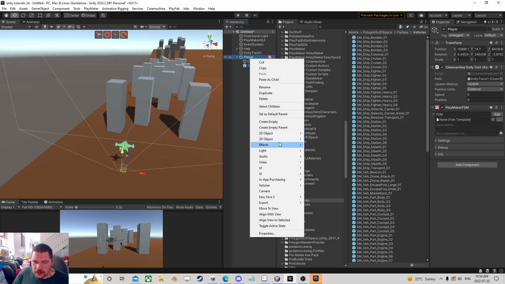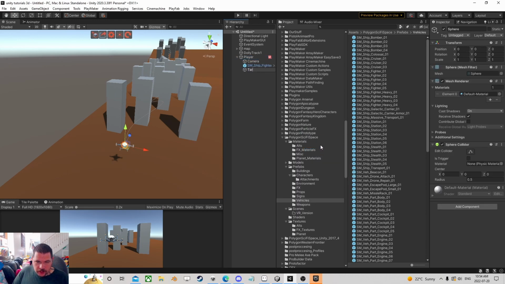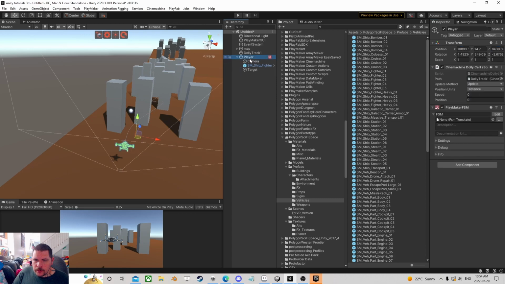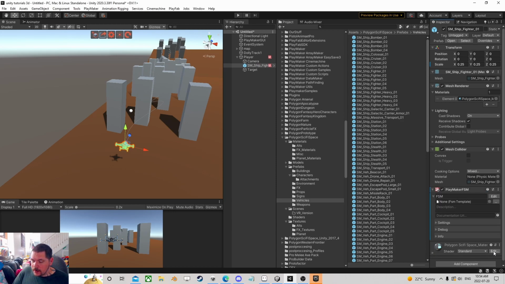So I'm going to build one more object here. I'm going to make it a 3D object for now. I'm just going to call it the target, and I'm going to put this out like 20-ish from there. Now I'm going to go to the fighter, our actual player ship, and I'm going to add an FSM, and